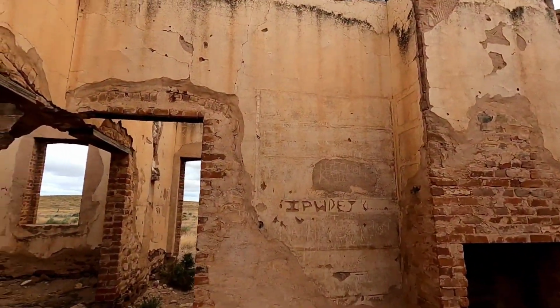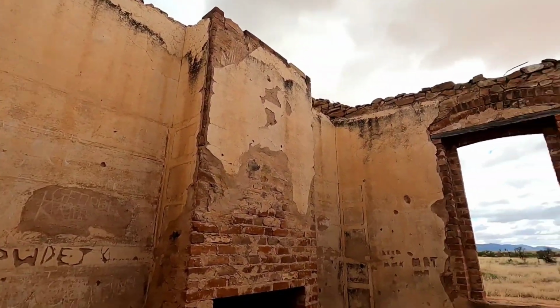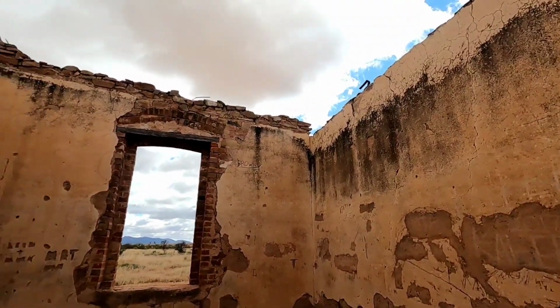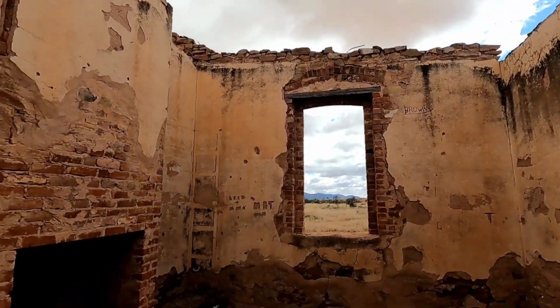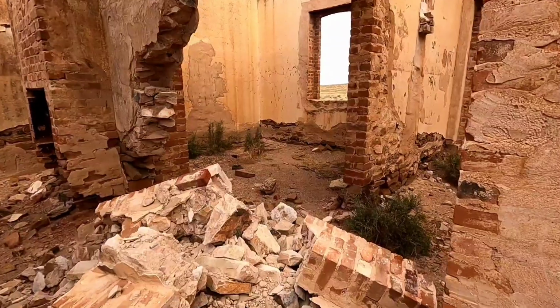Interesting to note in this residence, compared to a lot of the other old ruins, is they're very high walls, so they had very high ceilings. Don't really know why this one over others, but